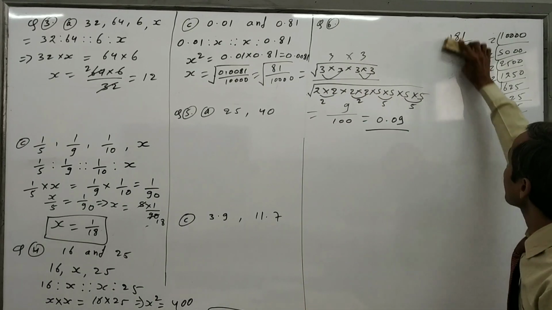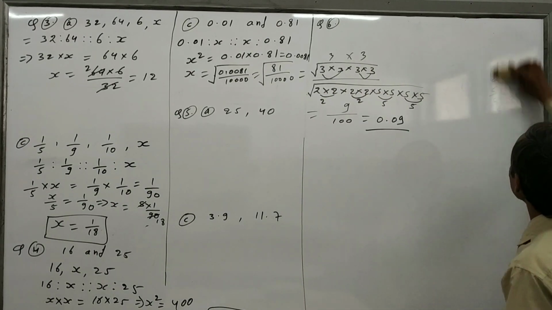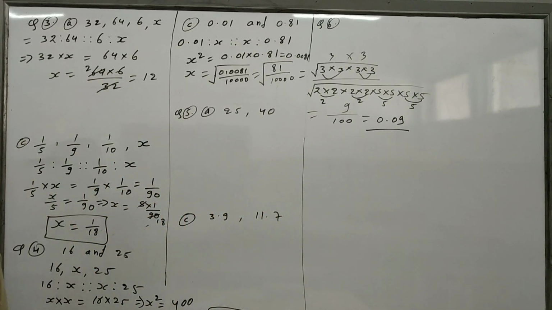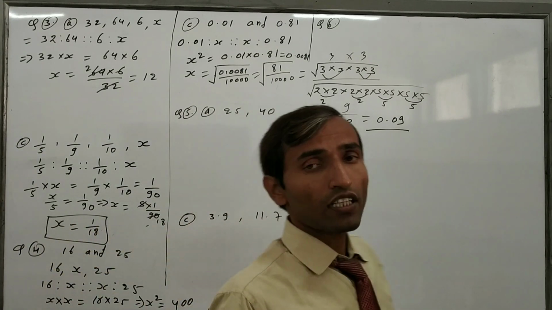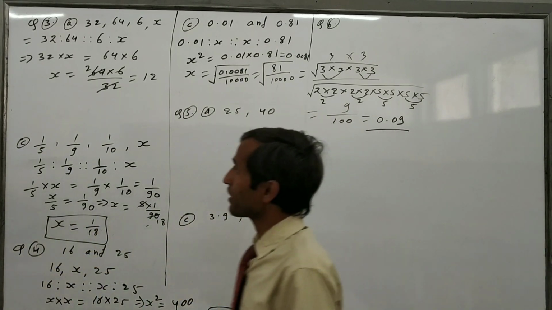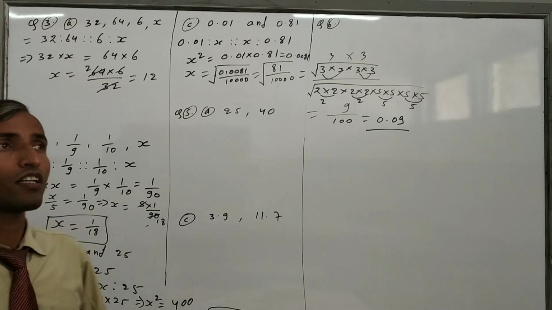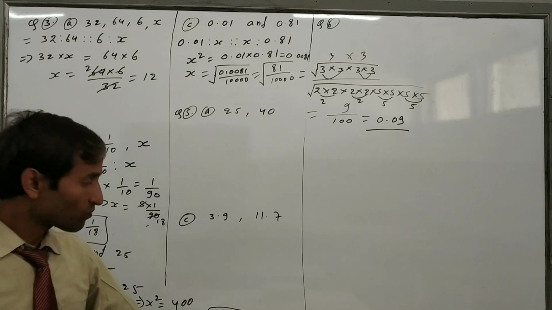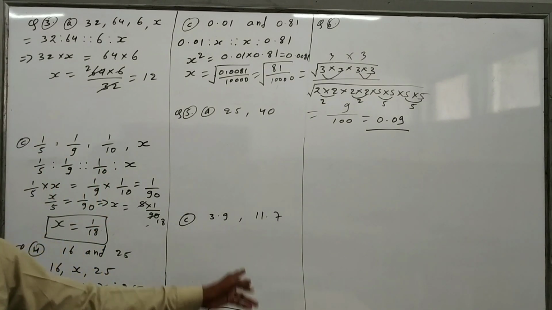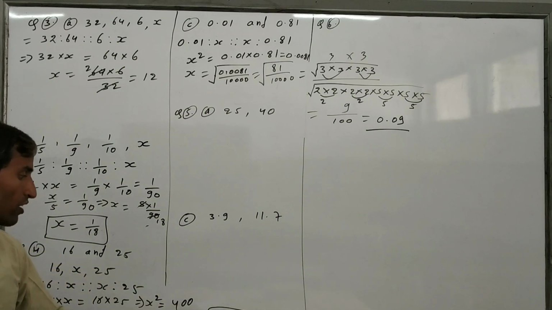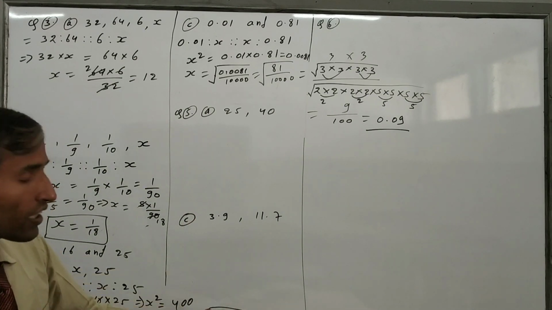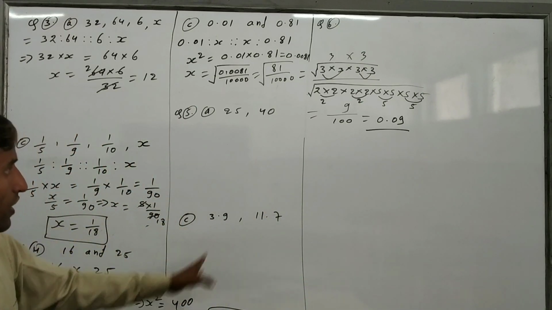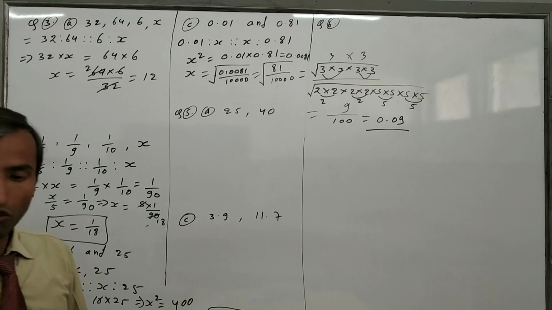Okay. So be careful with the square root. This is a new topic. This square root topic we will study in the next class, that is class 8. Okay. This is the new chapter, square root. But I have explained how we are finding the square root by factorization. So just like this only. Okay. Just make pairs of numbers and then bring them out. This pair will come, one number will come outside. If a pair is not there, then that number will stay in the square root only. But in this question it will not be like that. You will get the pair.